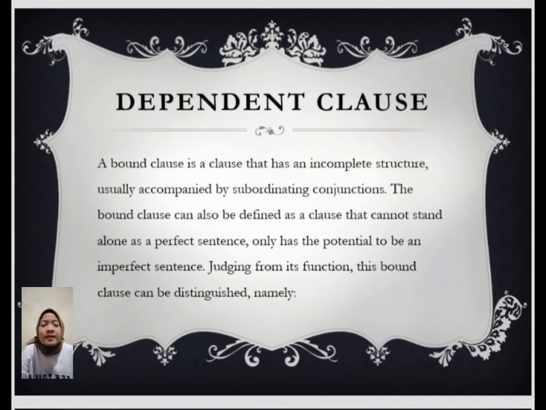And for dependent clause, a bound clause is a clause that has an incomplete structure, usually accompanied by a subordinating conjunction. The bound clause can also be defined as a clause that cannot stand alone as a perfect sentence, only has the potential to be an imperfect sentence. Judging from its function, this bound clause can be distinguished, namely